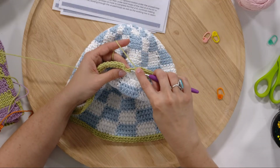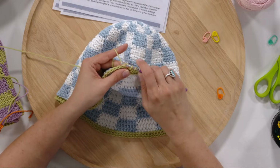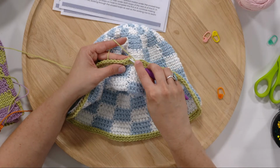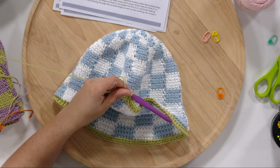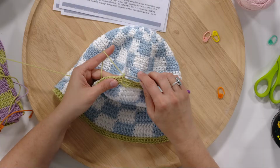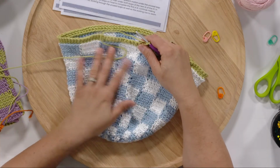Still working through the back loop, making single crochets. And now we have worked our very last stitch. We're going to do a slip stitch in the first single crochet right here. And then we're going to chain 1. We're going to turn our work now, so that way we're looking at the right side of our hat,